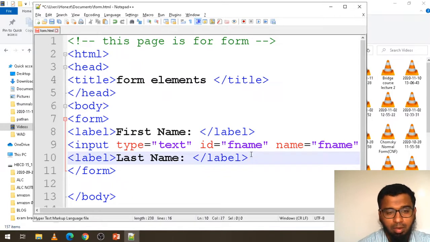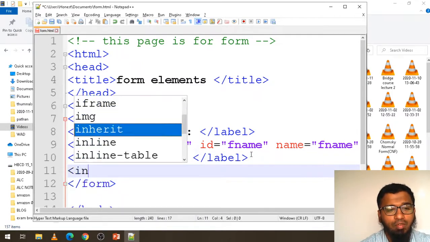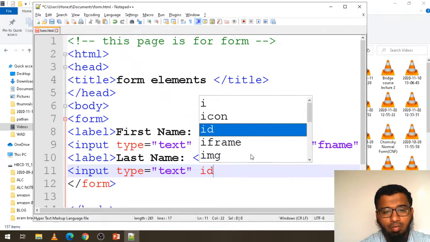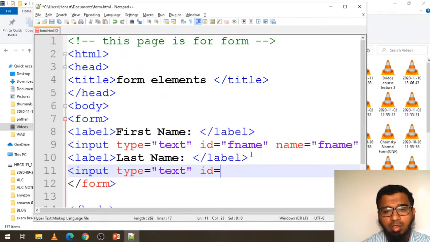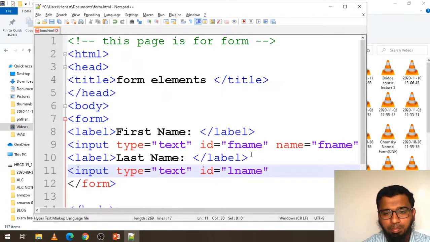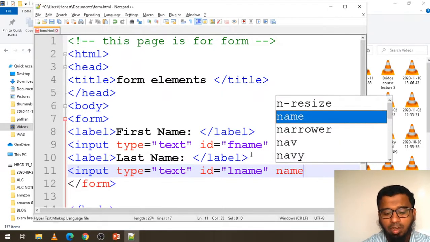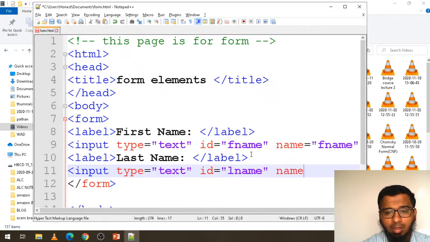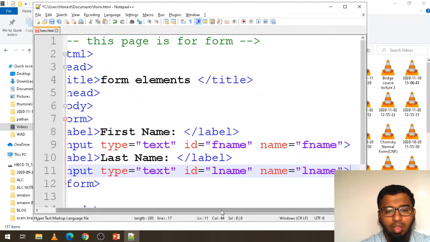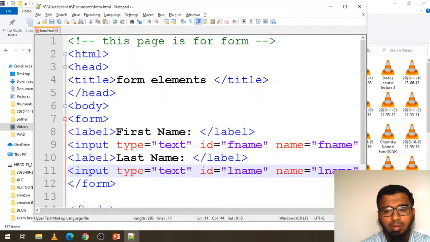Okay, now here also I need to give input type is equals to text, and I am giving the ID for recognizing as lname, last name. Okay, and what is the name of that tag? It is lname only. Okay, fine.